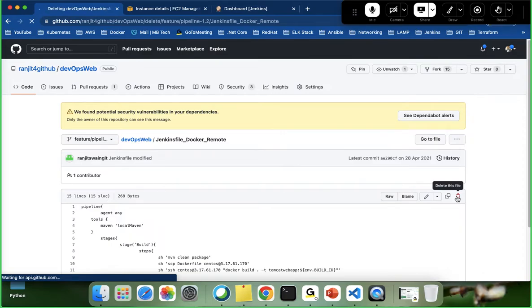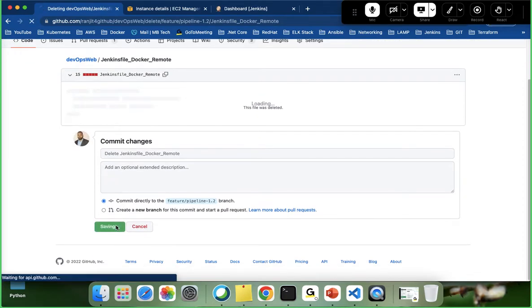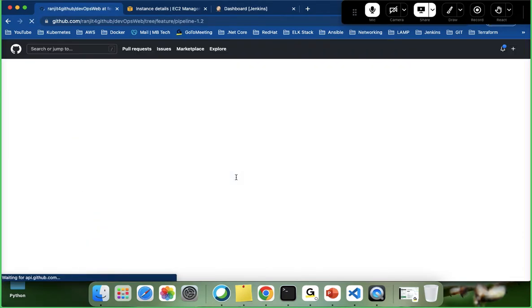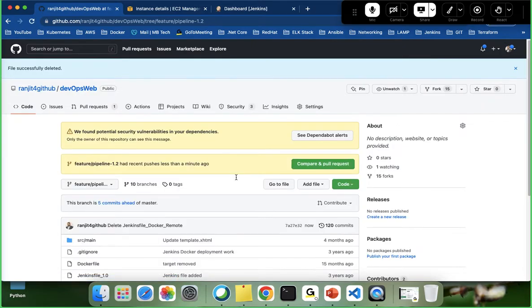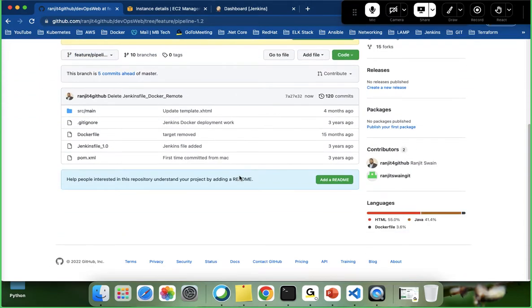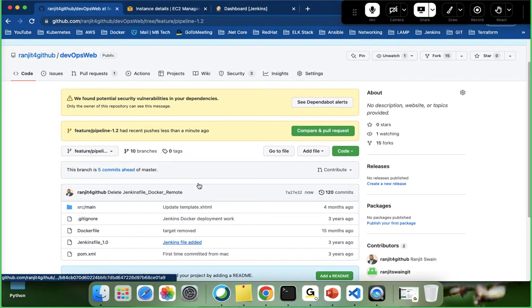It's up to you how you are working. Either you can clone everything or check out everything to your local repository, delete there, and then push everything back to the remote repository. That is the best way to work. As I have just opened this one, I showed you directly here. Now it is all clear, right? I don't have anything